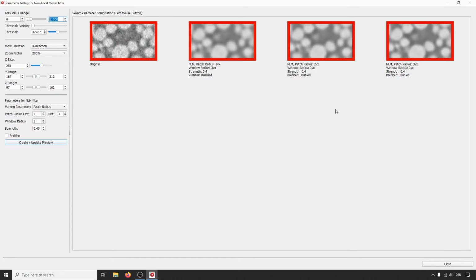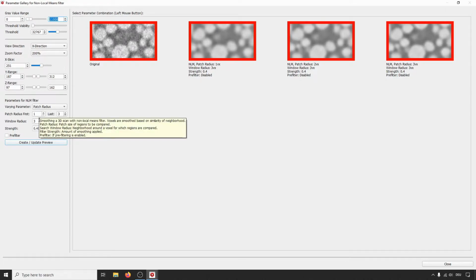As you might see, the difference is not that large, so maybe this here is a bit sharper. Well, might be, but the main point is the difference is not very large, and the computation takes much longer for a larger patch radius, and therefore, since the difference is not very large, we stay with the patch radius of 1.